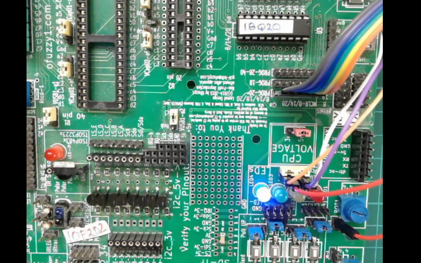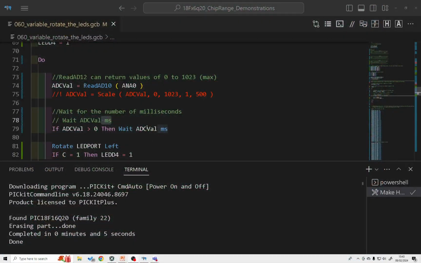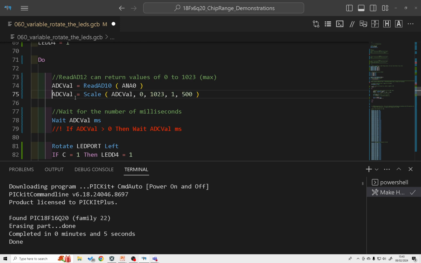I mentioned this other piece of code that I prepared, and I'm just going to go back to it. I'm just going to comment out the weight and put the weight as it was, and I'm going to change it a different way this time by changing the scale. Scale is a very useful function. It's going to take the value that's returned from our ADC,